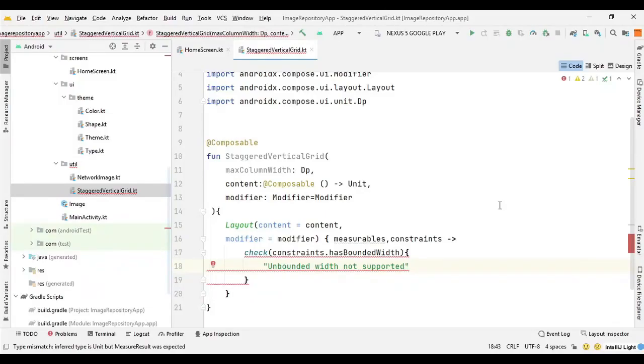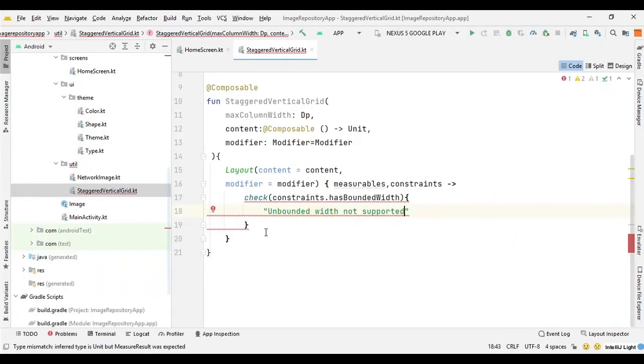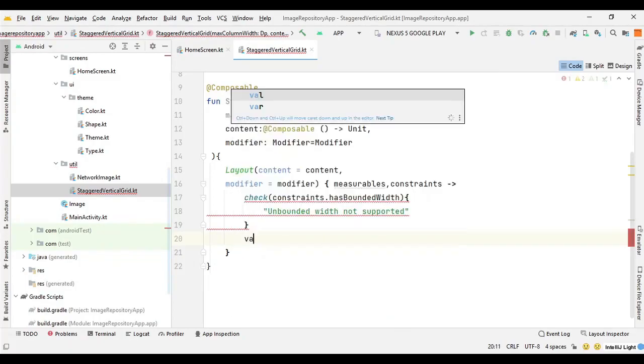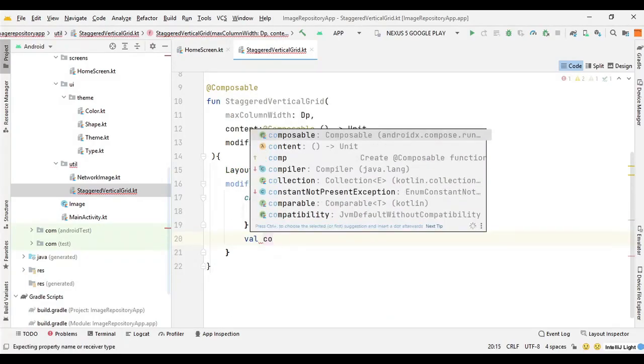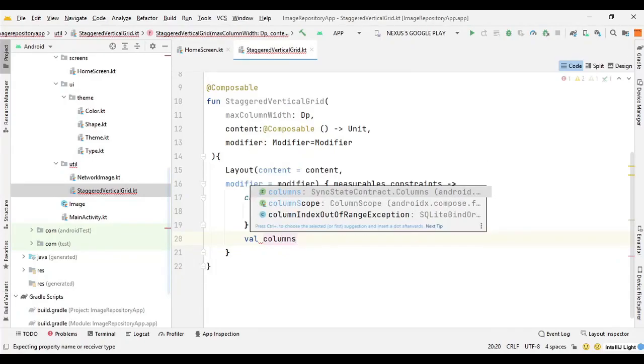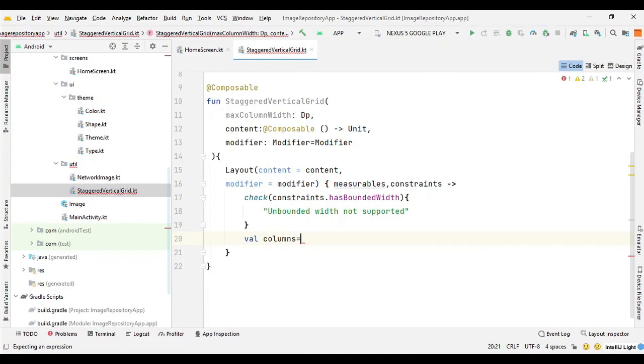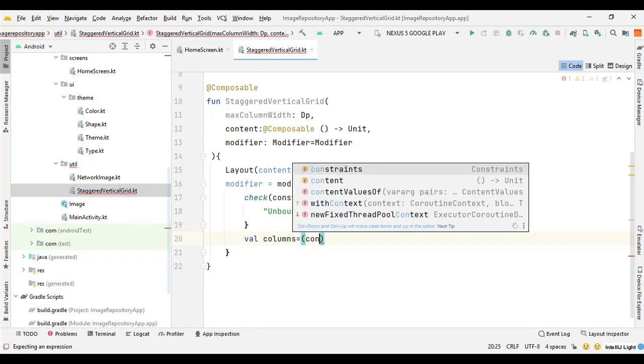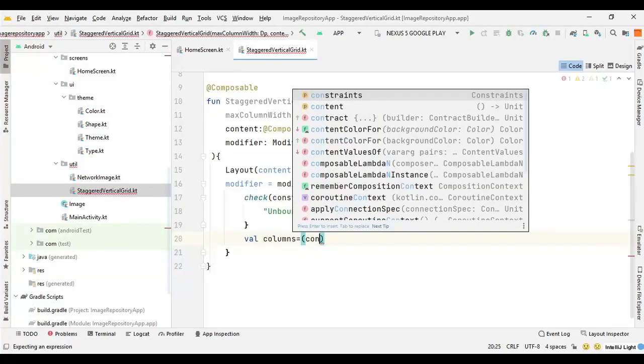So once it has checked the max width, we can then define the children. So now we can define column for the grid. We need to define the column first. So we can say val columns, and we can get the number of columns by dividing the max width with the max column width.